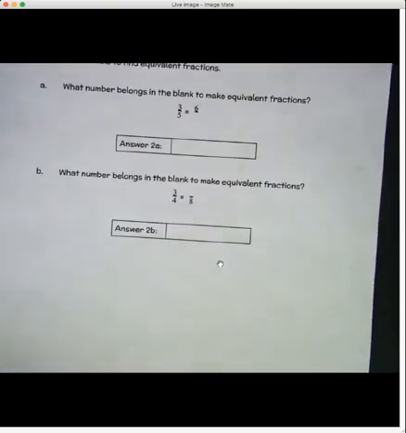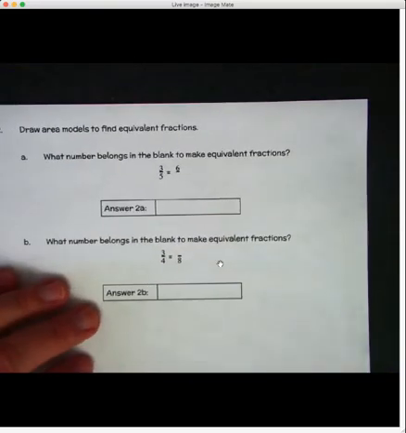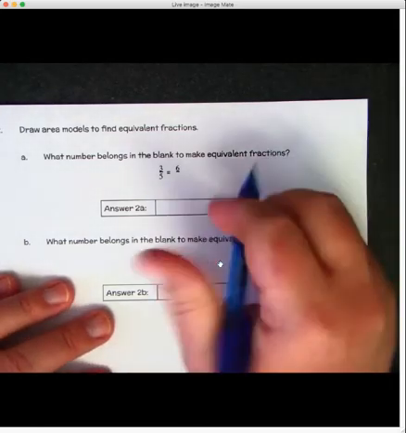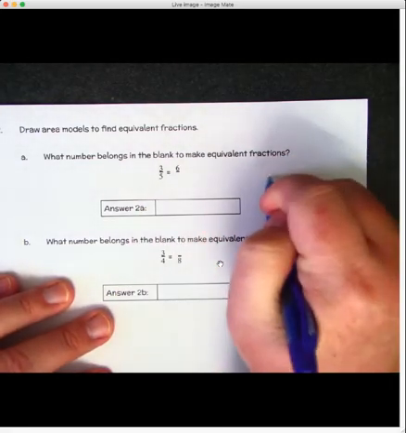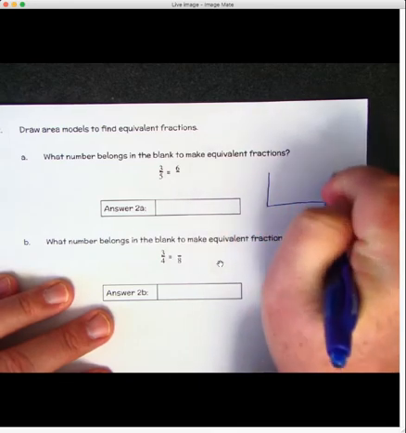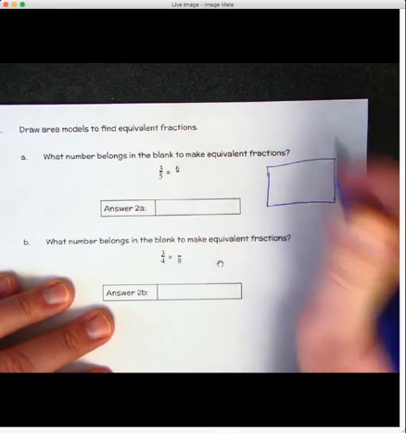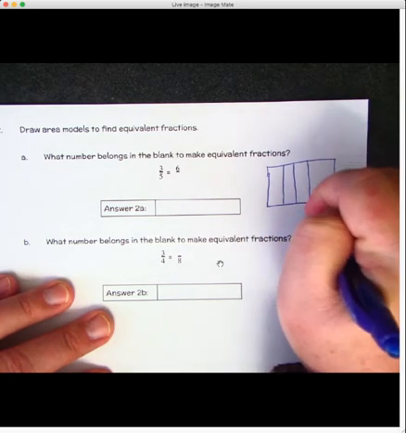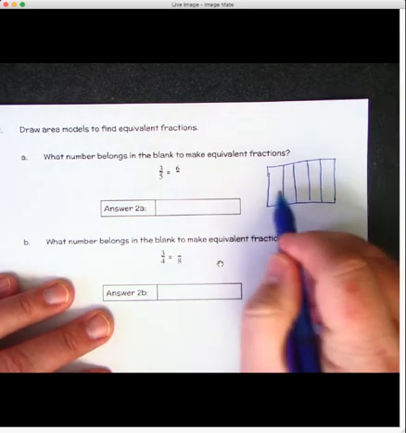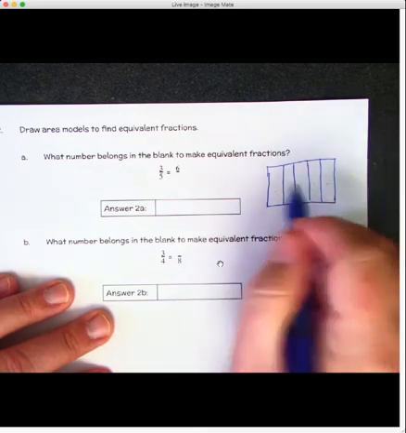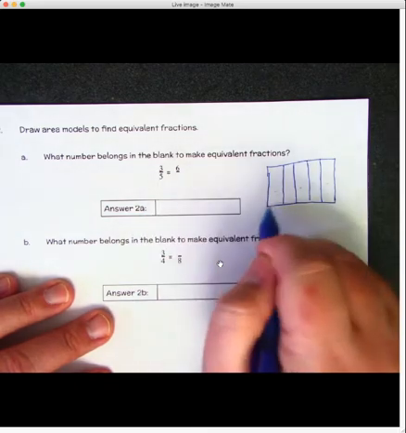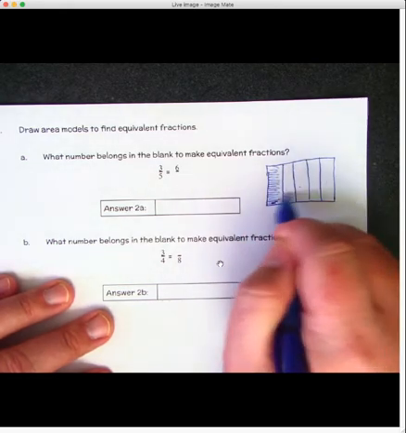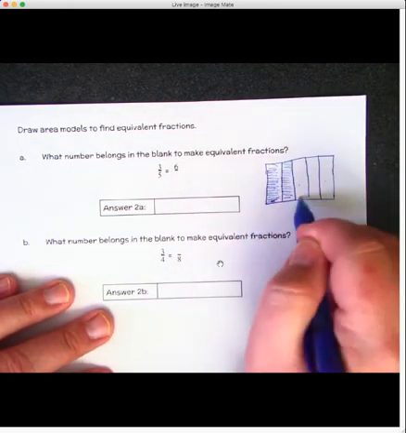Okay, moving to the next one. We've got to draw the area model. You've got to draw them anyway for every problem, but I have to draw them on this one because it's not done for us. So we've got 3/5. All right, so I need to make this fifths, which means I need to draw 4 lines. 1, 2, 3, 4, 5. And I need to shade in how many? 3. 3/5. 1, 2,